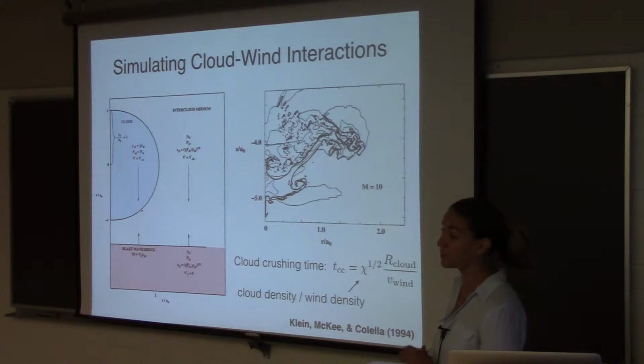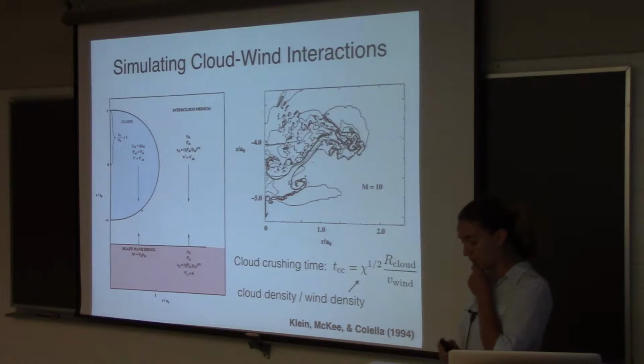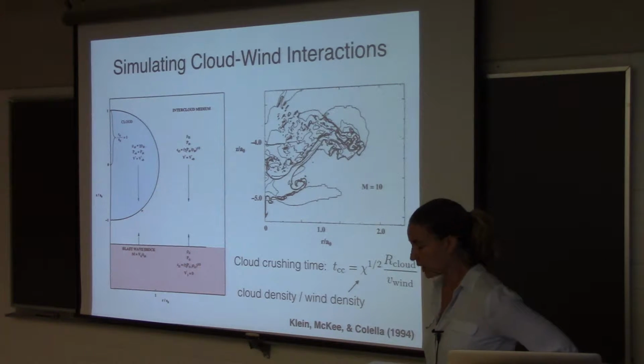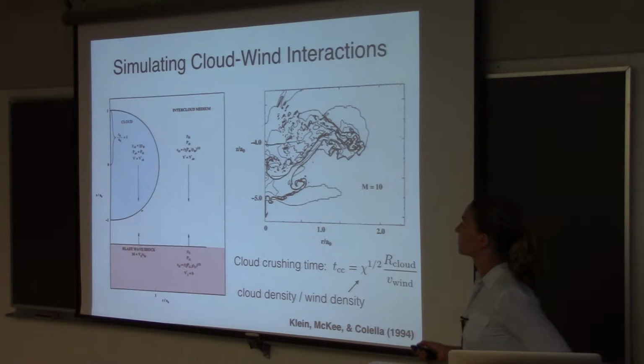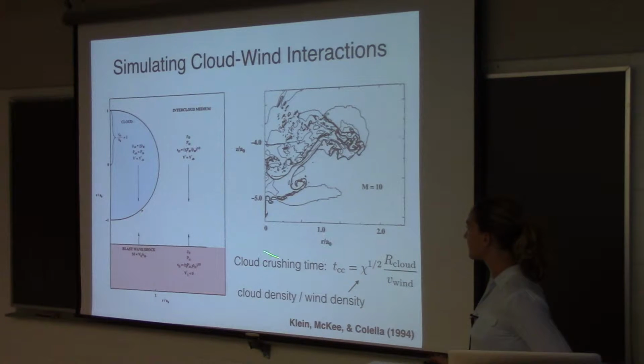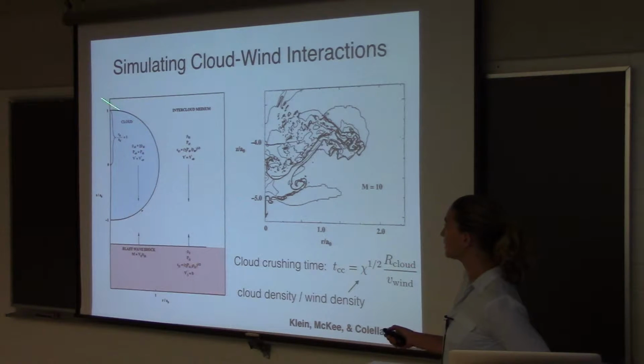I don't have time to go into the background literature on this very much because there's a ton of it, and this is really an extensively studied problem, not so much from the galactic wind side, but in the context of these cloud-wind interactions. This is a field that goes back decades, and the seminal study in the literature is one by Klein, McKee, and Colella from 1994, and the idea was that they have a cloud, which is just a